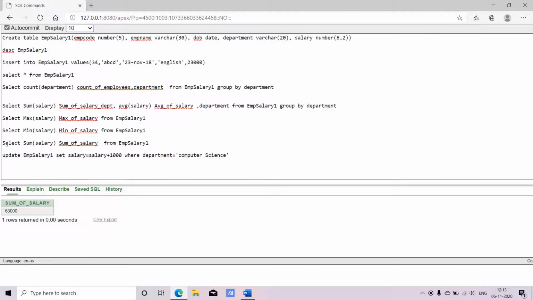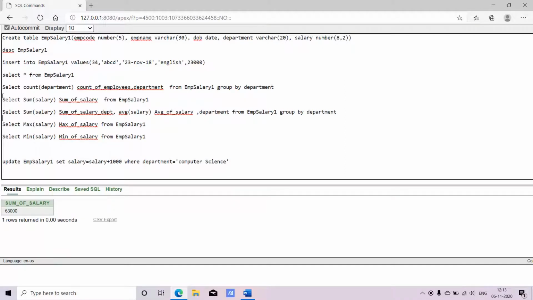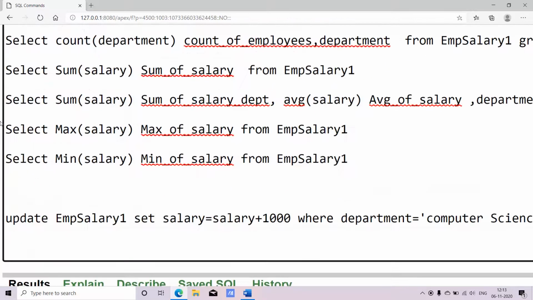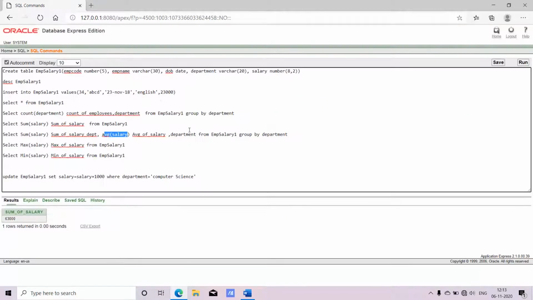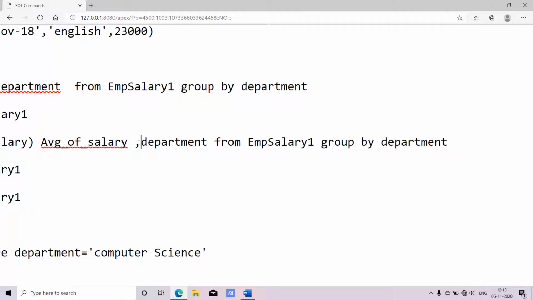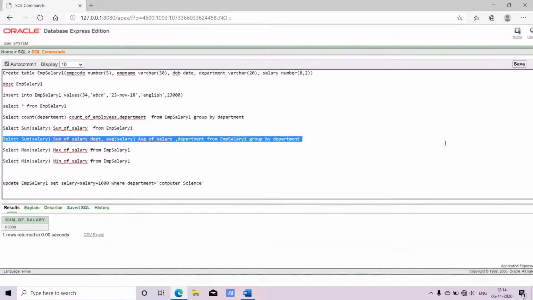It is already written here: select sum of salary, and also find the average of salary, and display department also, from the employee salary table, and group by department. Based on the department, I need to find the result.